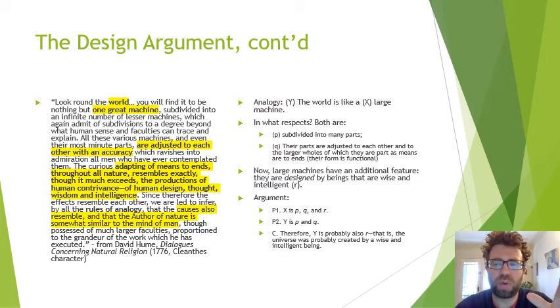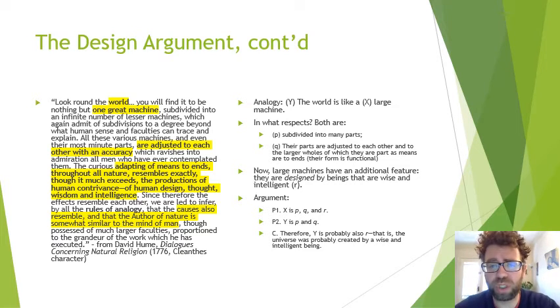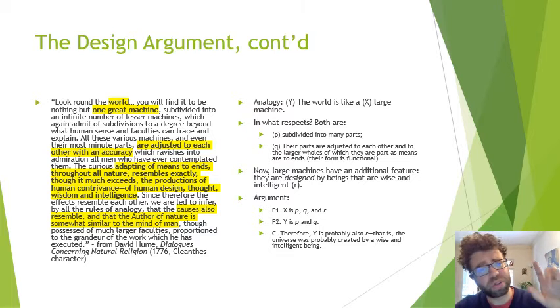Let's lay this out more carefully, though. Rather than just relying on our intuition, let's lay this out. So what we're saying is the world, or the universe really, is like a large machine. So large machine, that is the primary analog. That's in P1 down there. The world is like a large machine. And in what respects are they like each other? Well, this is my reconstruction of the argument, so I could get into more detail here, but basically Cleanthes in this text says they're both